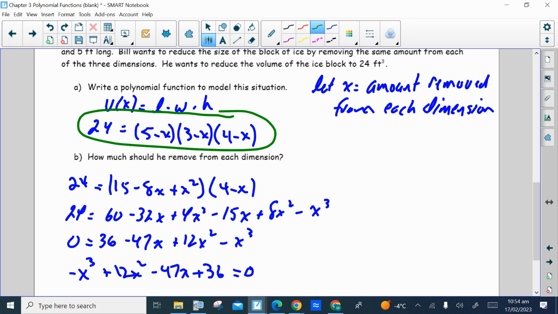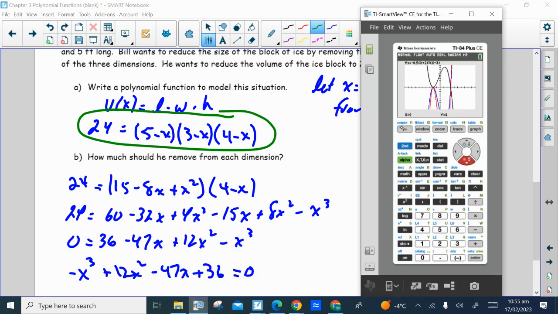Okay? Otherwise, if it was an algebraic approach, then you'd have to factor the third degree polynomial that we had to find out what x equals. But let's go straight to our calculator. We'll clear the equations that are there. And I'm going to put two equations in, the first being y equals 24, the second being those three factors,